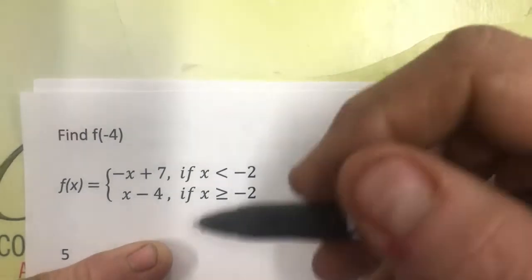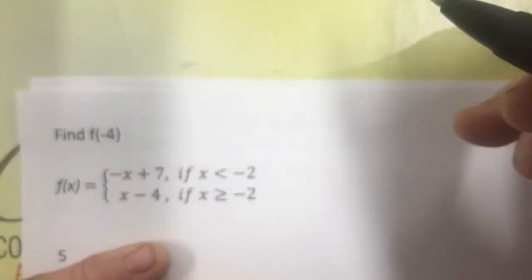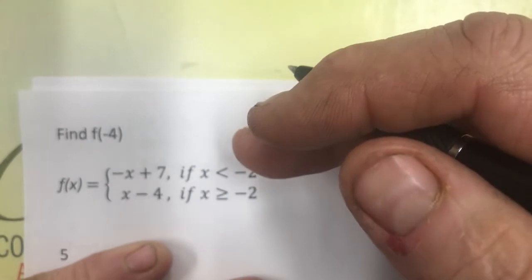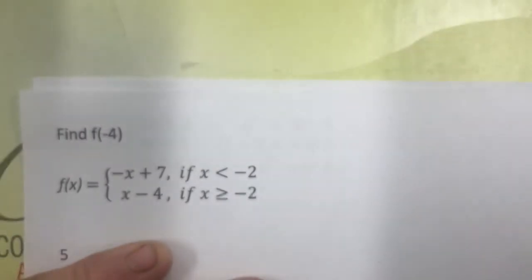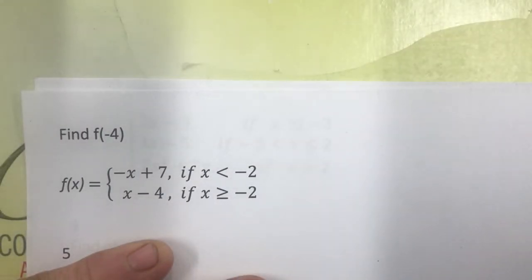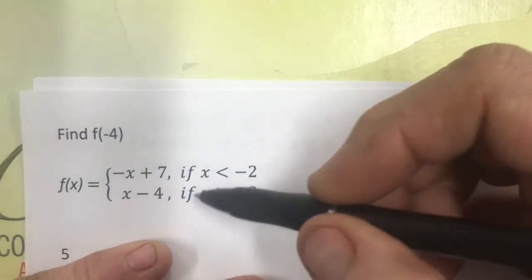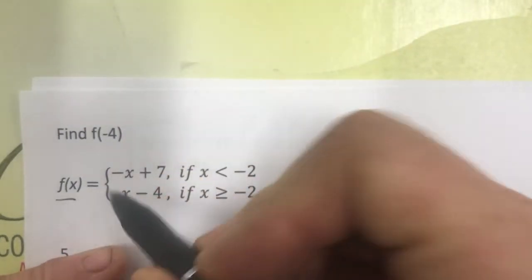Now, this is used in everyday life because you might have a place where you buy goods, and if you buy 10 goods, you'll get them for maybe $2 a piece. But if you buy 20 or more, then you might get them for maybe $1.50 a piece. And of course, if you buy 100 or more, then you might get them for $1 a piece. The more you buy, the better your deal is. Anyway, this is a piecewise function, where the function of x equals,